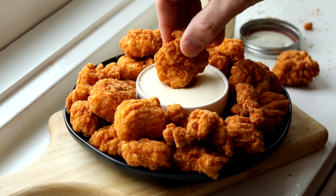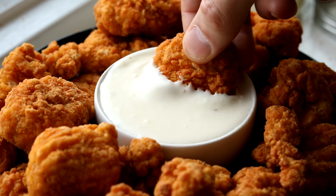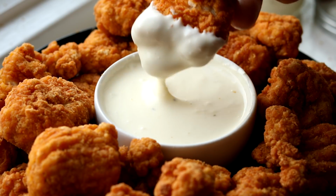I'm kind of a weirdo and I like to use it as a dipping sauce for some low carb keto chicken nuggets. And if you're knocking that, don't knock it until you try it. It's so good. However, if you want to use this in a more traditional sense, say to make keto